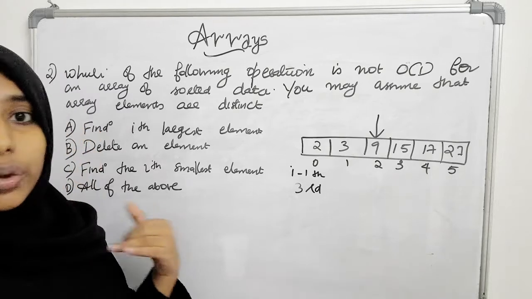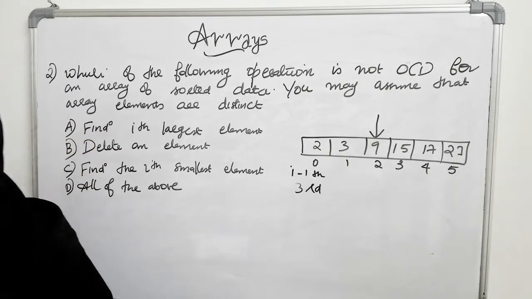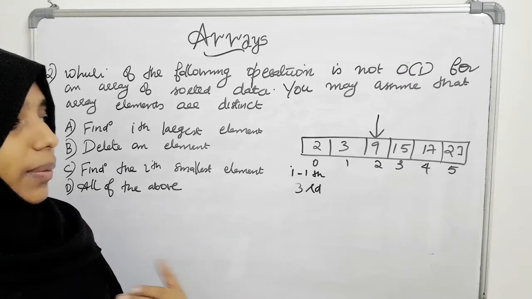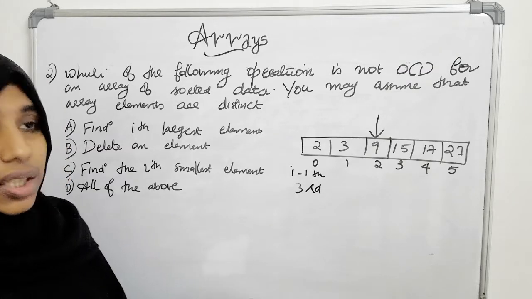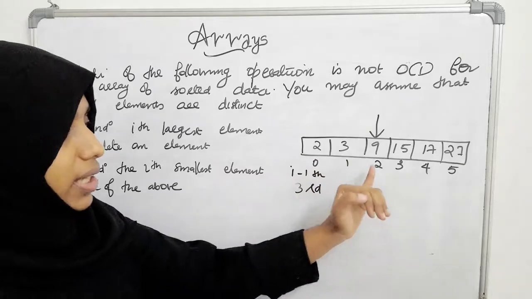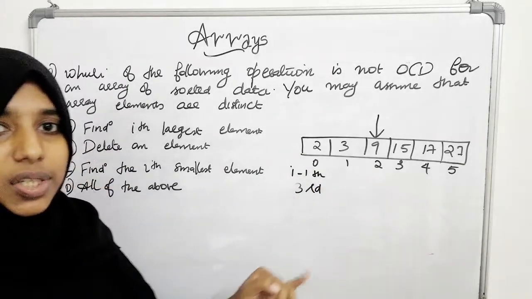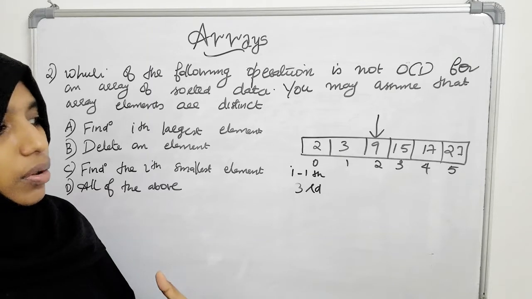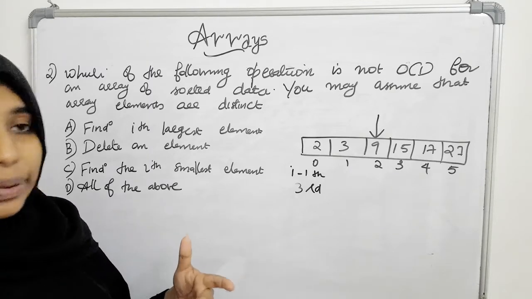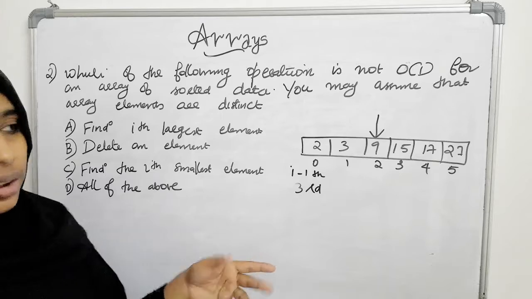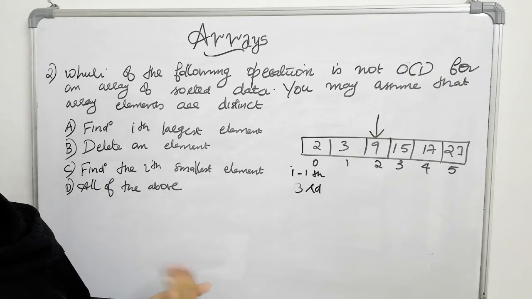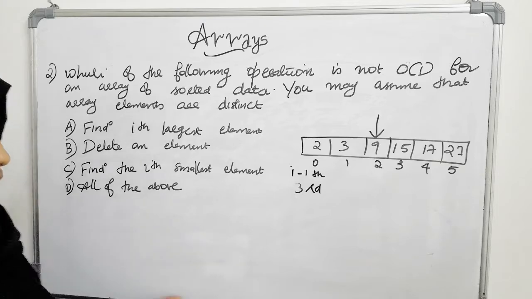That is, you are not even bothered about the size of the array. The array can be of 100 elements, 1000 elements, or even 1 lakh elements, but that doesn't matter. If it is the third largest element, you simply go to index 2. If it is the 1000th largest element, you simply have to go to the 999th index. So, only one operation is required to retrieve that element, irrespective of the size of the array.